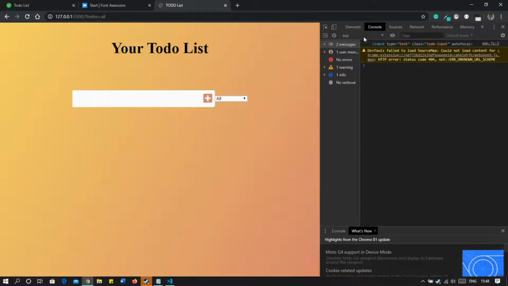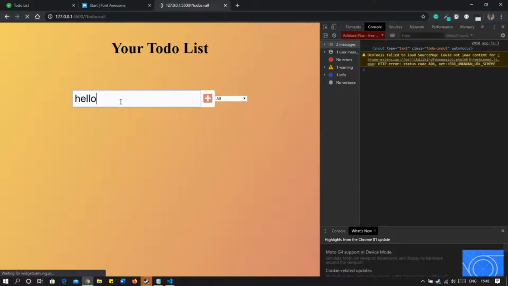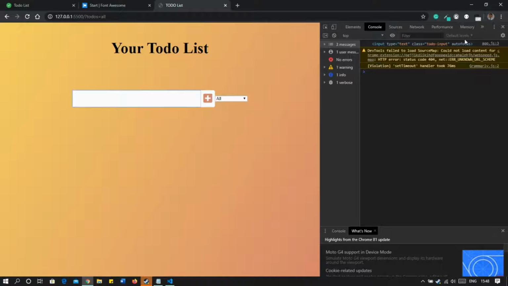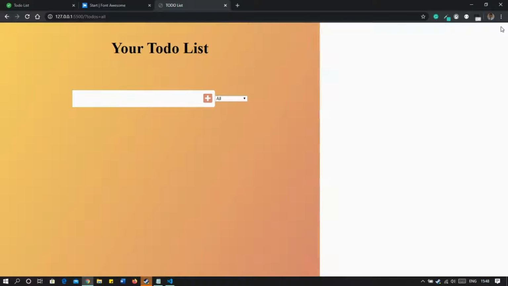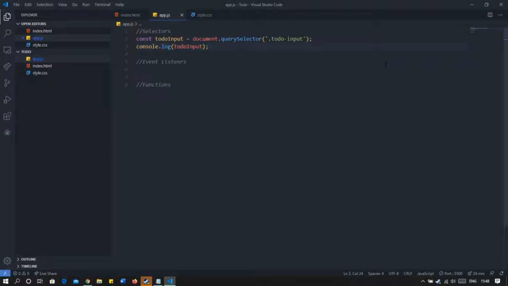Here we are in the console; you can use F12 or Ctrl+Shift+I, both are shortcuts. Here, hello. So here we get the element, right? We don't want the element, we want the value, but we will be using the value property in a later phase. So bear with me for a minute. We close the console.